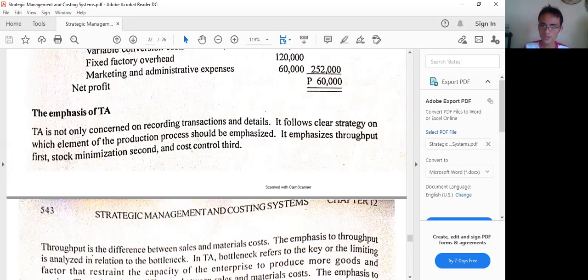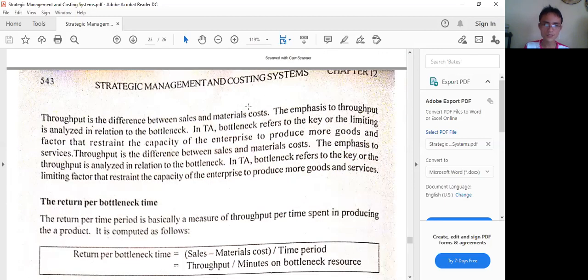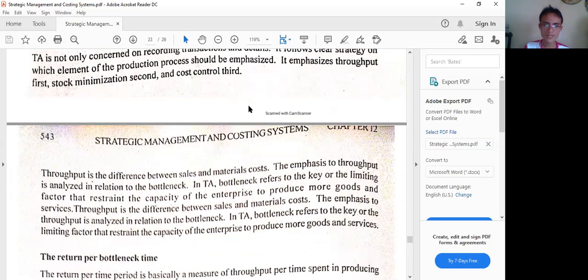And also first on the throughput, the difference between the revenues or sales and the direct materials purchases, then the minimization of the stocks, and of course, the control of the costs. And stock minimization and cost control are really emphasized in management accounting. Okay, so after that,